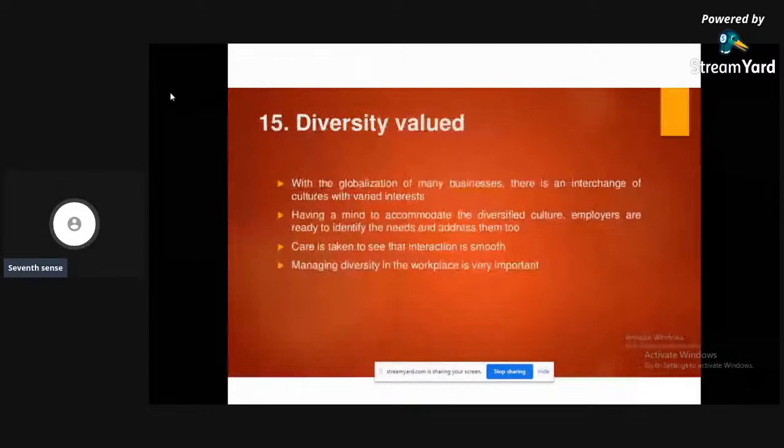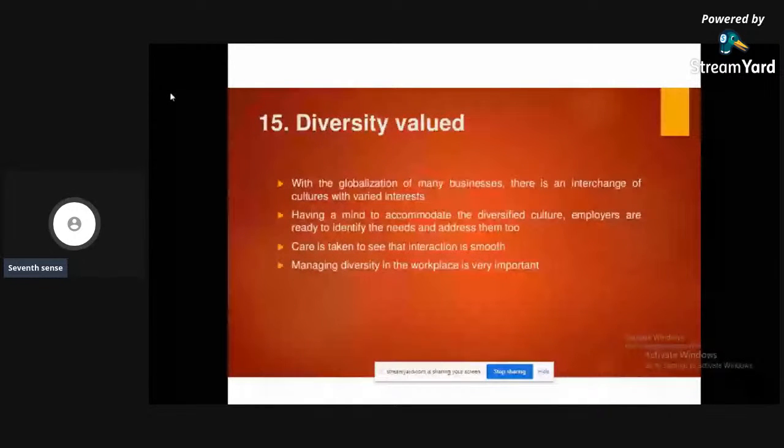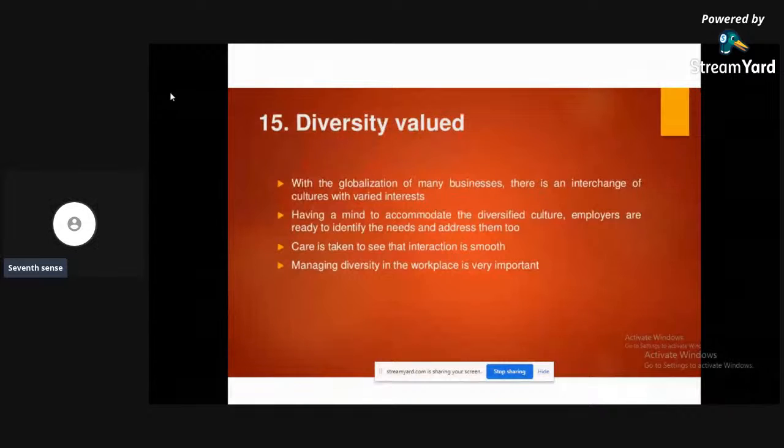Diversity valued, as I said before, people will be of different graduates, different religion, different family background or financial background. Don't make fun of anybody. Respect everybody's cultures, respect everybody in your workplace. Even the companies are seeing people with different backgrounds, so that they'll bring different views, different assets to the company.